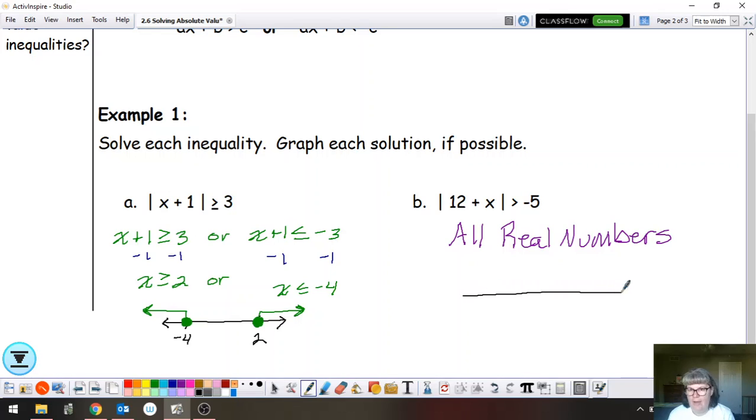Well, the graph is just every number on my number line. It is the entire number line. Every number on that number line is a solution to this. And it's because